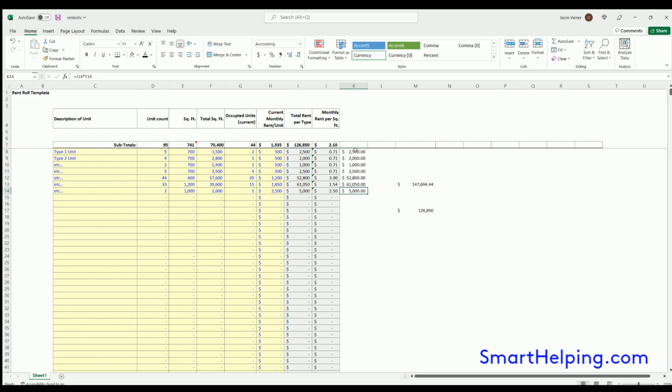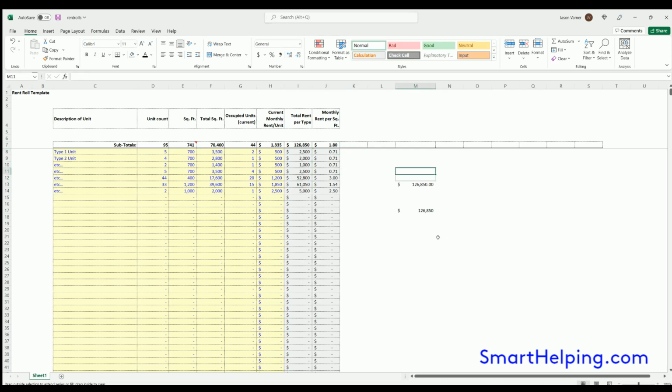We know this is right. This is the rent per square foot. The correct weighted average is what I want, though. And I know it can be distilled down into something. I could just take the total rent divided by the total square feet. And now that's the right number. Maybe that's the only way you can actually mathematically do it. So H divided by E, and that's probably the same number as this divided by this, which is also the same as H divided by E, $1.80. So either way,